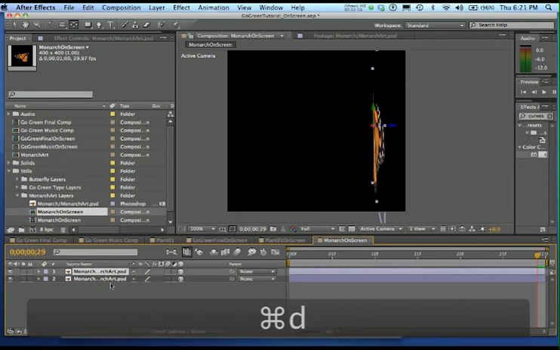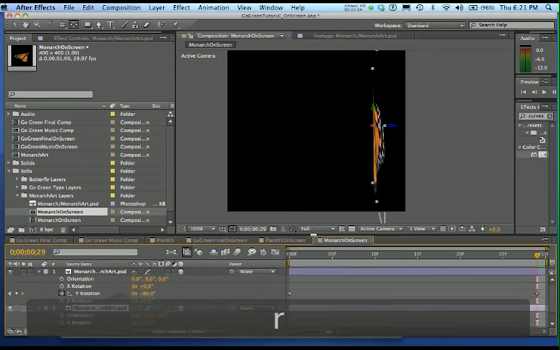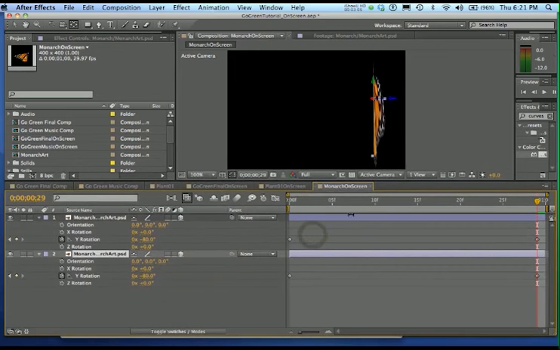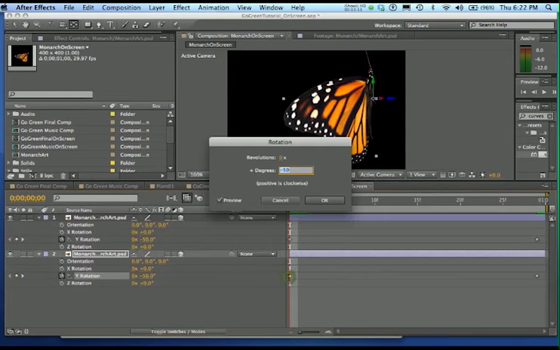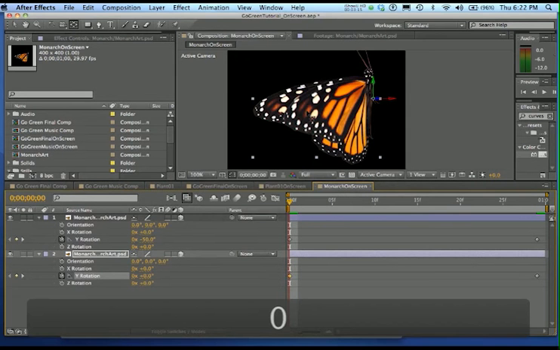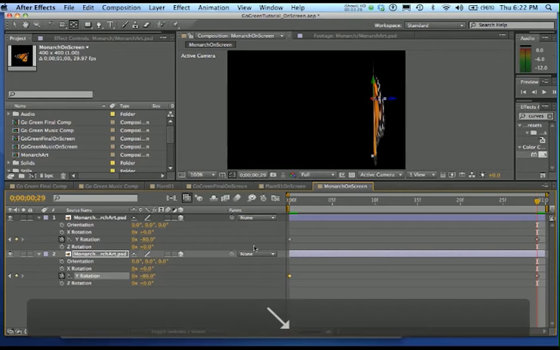Now on the duplicate one, let's hit the R button, and on the bottom, let me move this up. Let's change the one at the beginning right here on the bottom to 0. So I double click it and I change it to 0. So now you can see the first wing right there, and now the second wing is there. Now as the first wing opens towards you, the back wing's going to move away, but let's have it move away to 50 degrees. So let's go to the end button, and let's put this in here at 50,